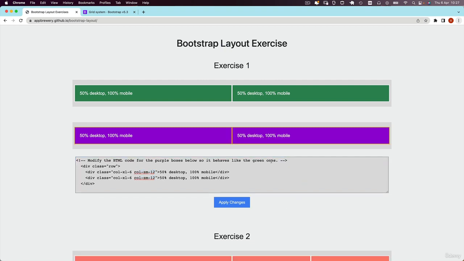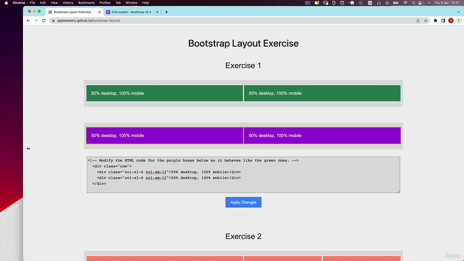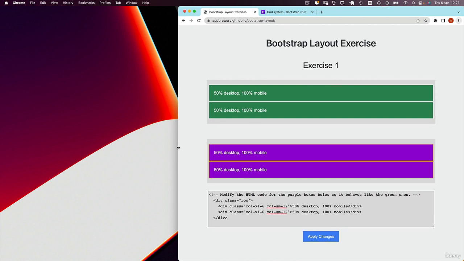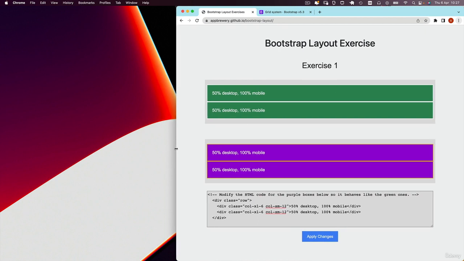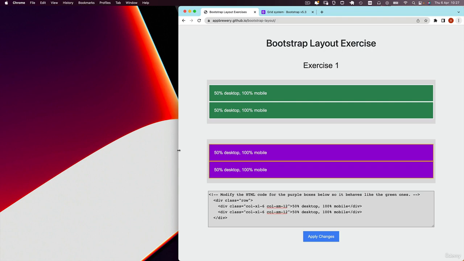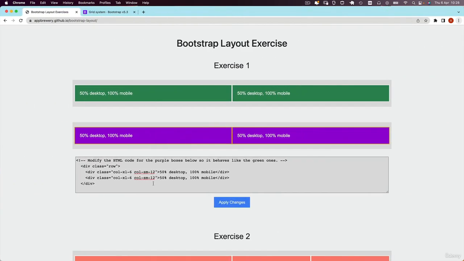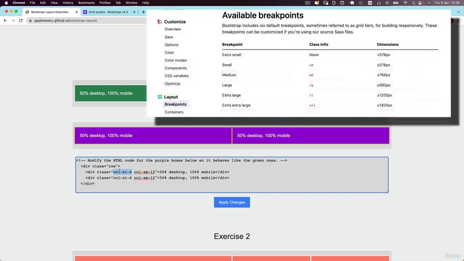Now, if I go ahead and apply changes, you can see now when I reduce the width of the window that it's going to hit that breakpoint below which it's no longer going to be 50% and it's going to start taking up the full width. Now, you might remember from previously, we said that the Bootstrap breakpoints target this particular size and above. So when we define col-xl-6, we're saying anything that's above the XL breakpoint, which is greater than 1200 pixels,